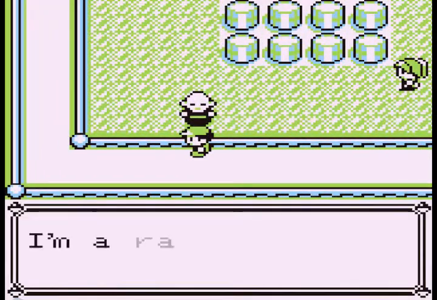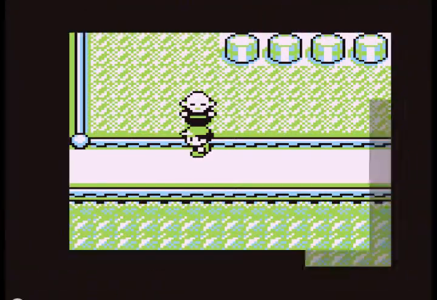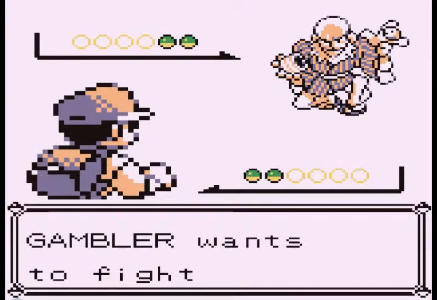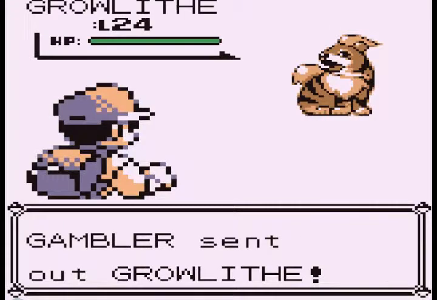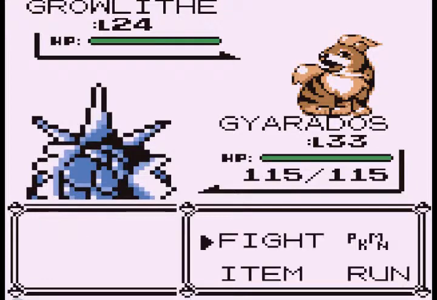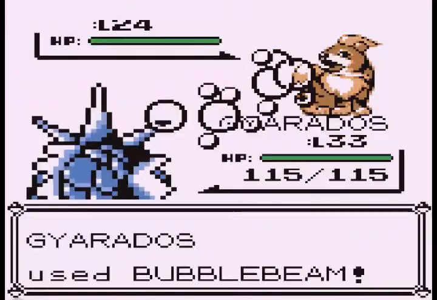So in this episode we're gonna continue down this route. I don't have the guidebook in front of me, so I have no idea what route this is, but like any other route, there's trainers to battle. So we start off by battling this gambler who has a Growlithe,